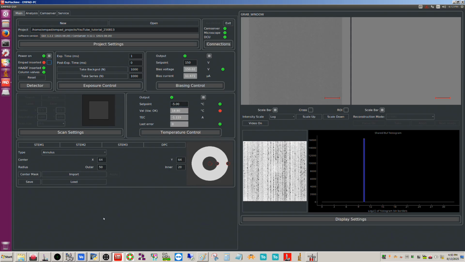So some things to mention here. The design of each column is a little bit different, but on this Themis, the way the column is designed is that the MPAD actually inserts above the HAADF detector. So if we actually also above the viewing screen, right? So if we actually look at a diagram,